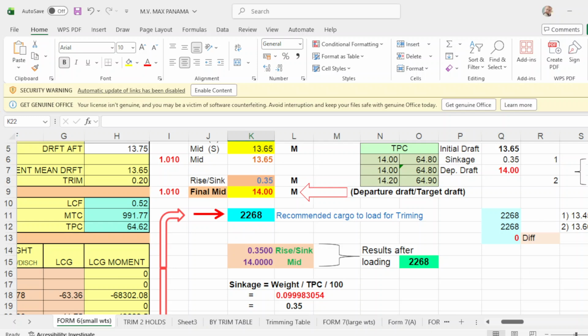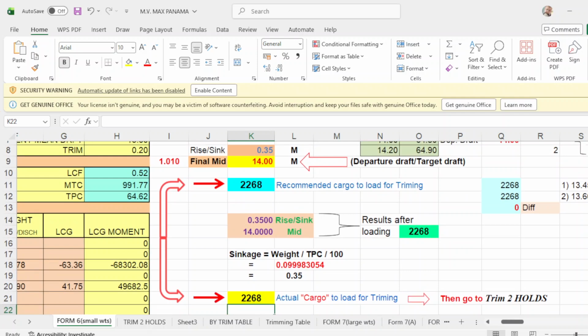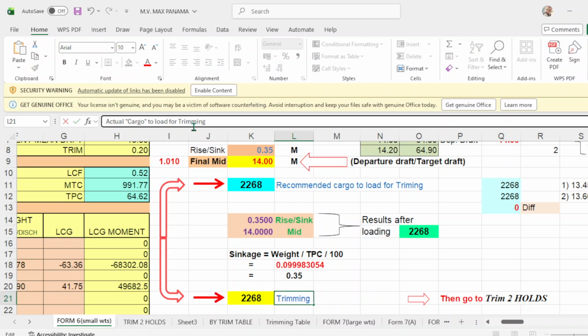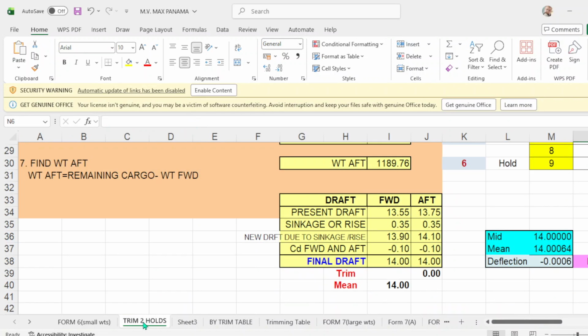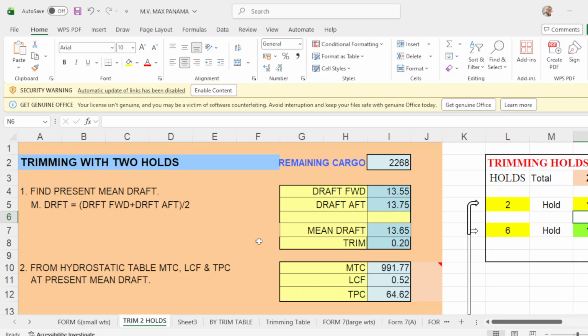So next, it says here, this is the actual cargo to load for trimming. Then go to trim holds 2. This will be the second program. It says trimming with 2 holds.